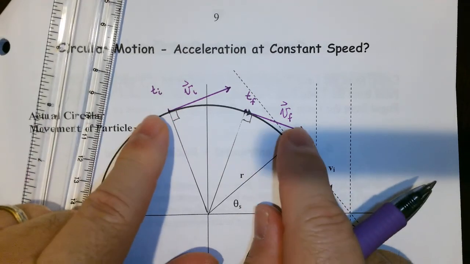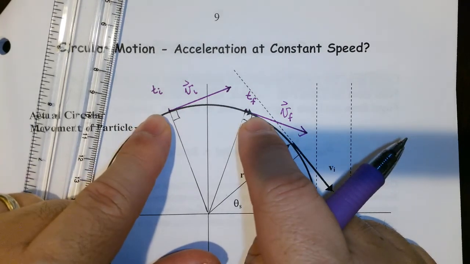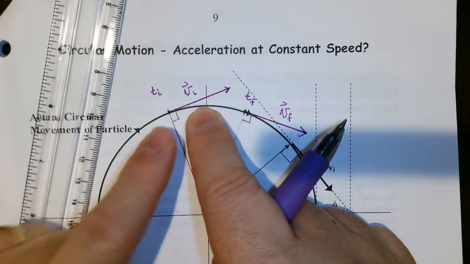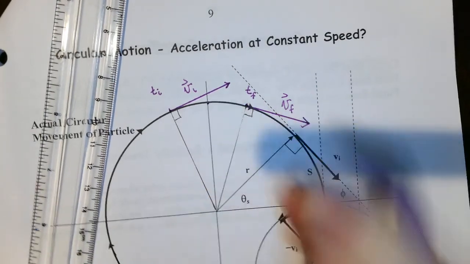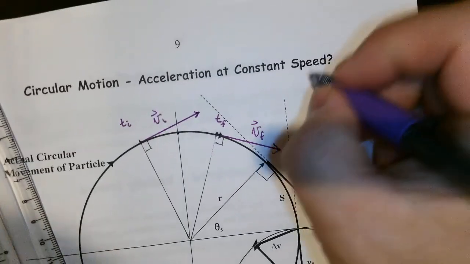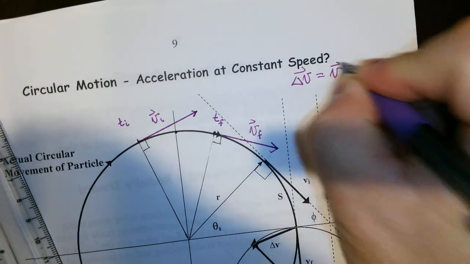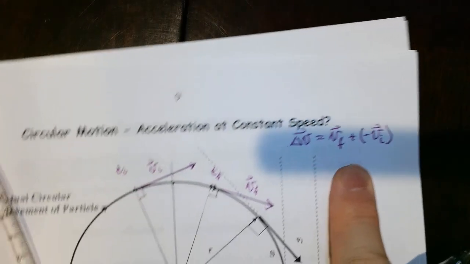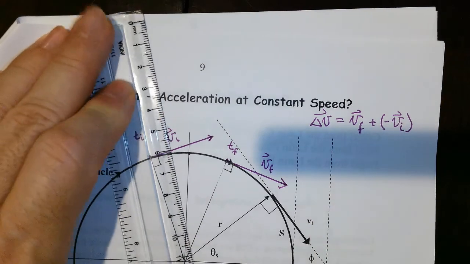All right. So if I were to look at the average change between these two time frames, I'm going to draw the actual change in velocity right at the center because it's average. All right. So from here, I'm going to have my delta V. So look at this. Here's my VF. Since my change in velocity is equal to VF plus negative VI, right? Because subtraction of vectors is adding the negative vector, right? I will draw my